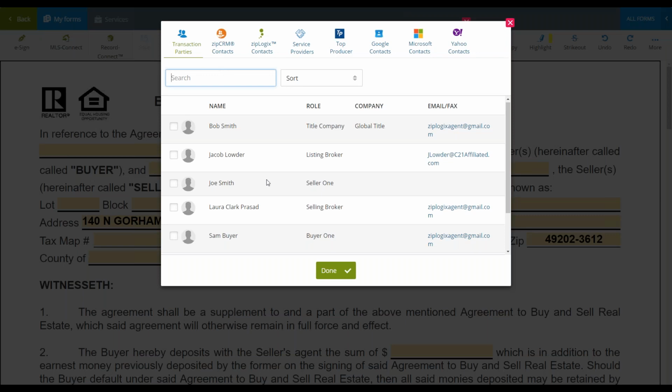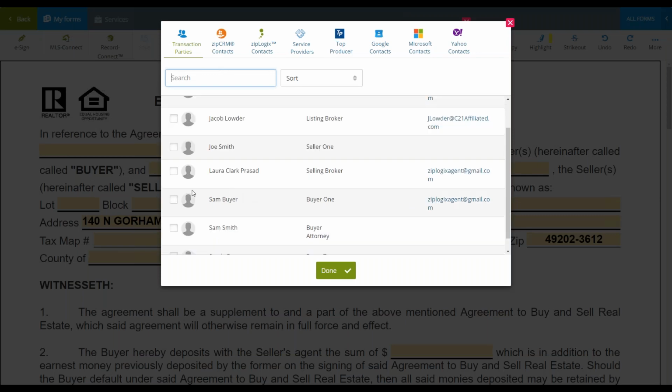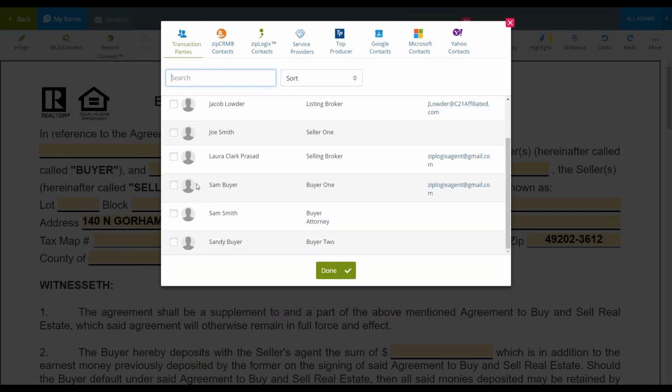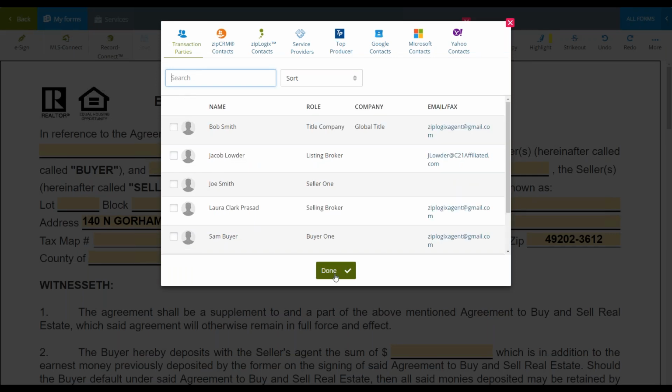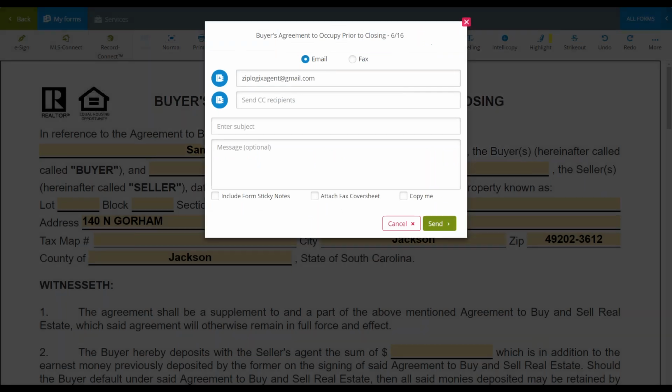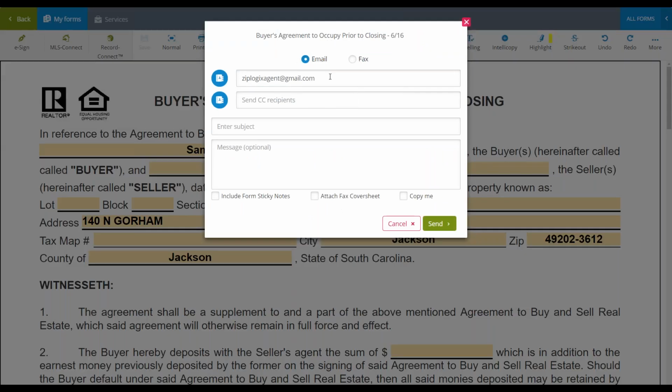So I can put in information. Let's say that I'm emailing it over to myself. I can click Done, and it automatically gives you contact options. If you prefer just to type the email in, you can just do that by clicking in the field. You can also carbon copy people. I'm going to say buyer's occupancy